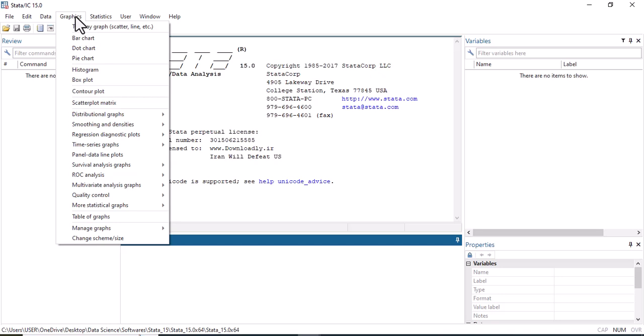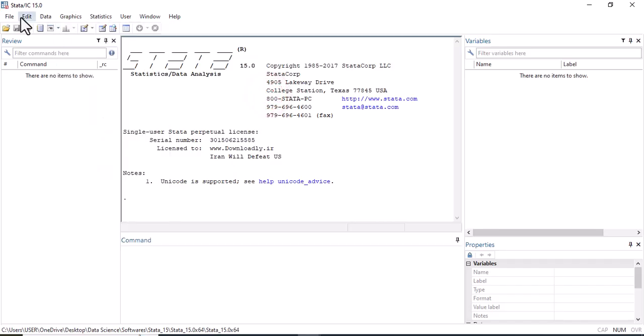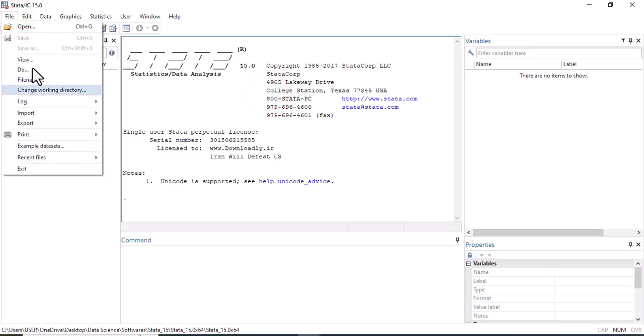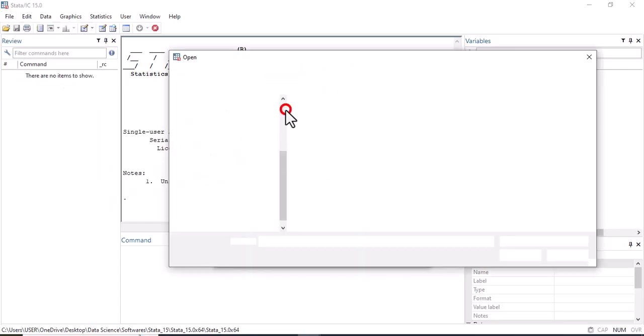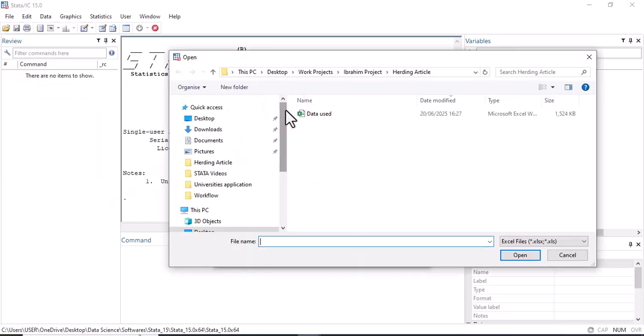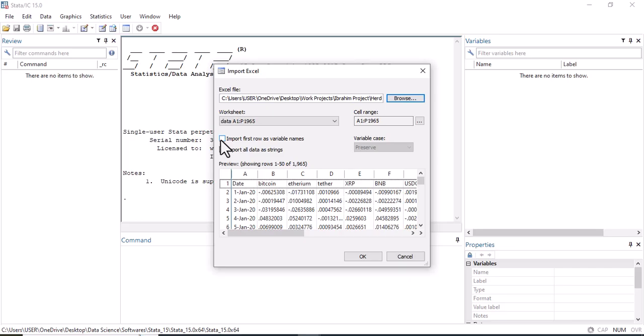In this video, I'm going to show you how to draw bar graphs in Stata, or bar charts in Stata. The first thing that we have to do is to import the dataset. So we come here to File, we go to Import. So we are going to use Excel data and we click here, Import first row as variable names, and then